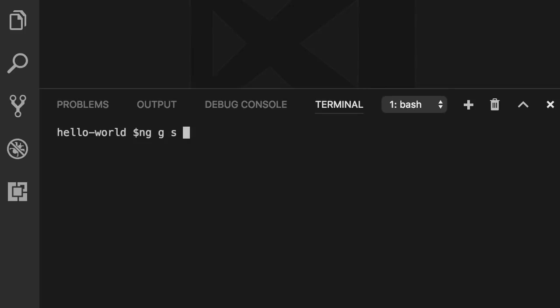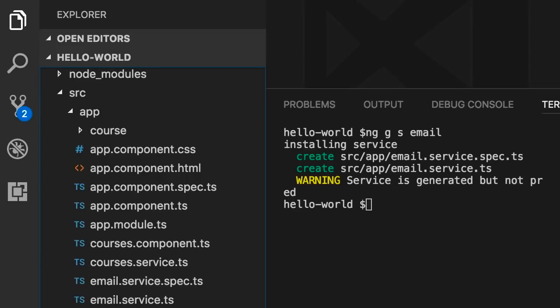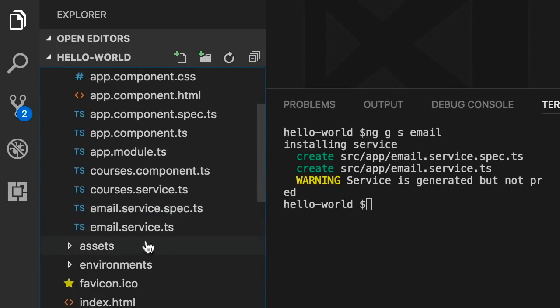Imagine we're going to create a service for sending emails. This service is going to call an HTTP endpoint somewhere for sending these emails. So let's call this email. And note that here I just add the service name. I don't need to add .service. Okay? So this generates two files for us. One is the actual service file, and the other is a spec file, which includes some boilerplate code for writing unit tests for that service. So in the app folder, look, here's our new service,